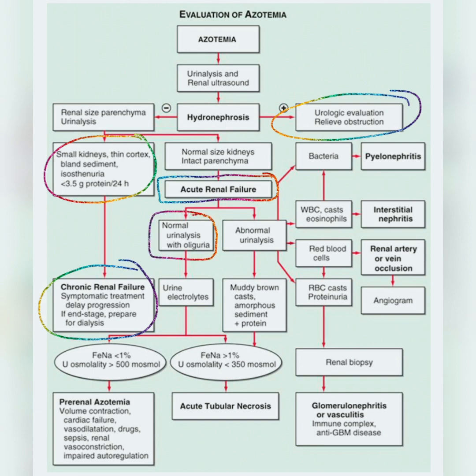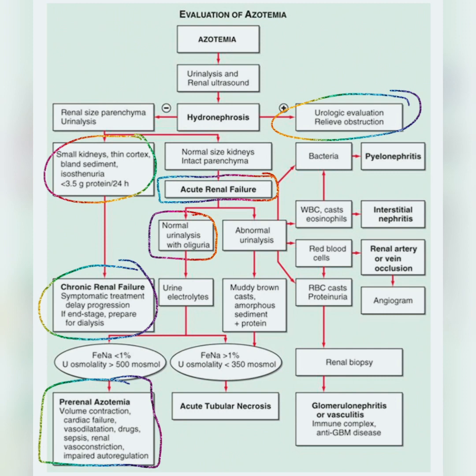Okay, so in urine electrolytes, if the fractional excretion of sodium is less than 1%, and if the urine osmolarity is more than 500 milliosmoles, then the diagnosis becomes what? Pre-renal azotemia. The causes are listed here. Like dehydration, volume contraction, cardiac failure, vasodilatation, drugs like NSAIDs, ACE inhibitors, ARBs, tacrolimus, etc., and renal vasoconstriction,